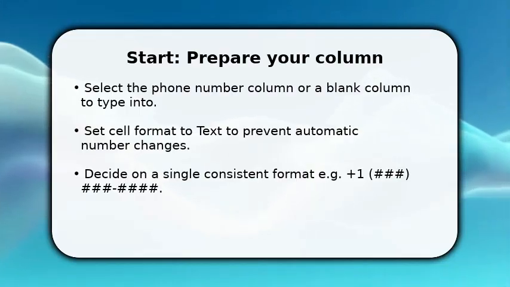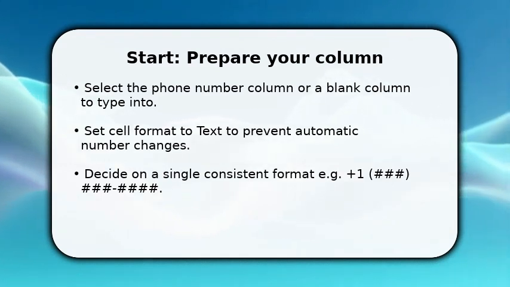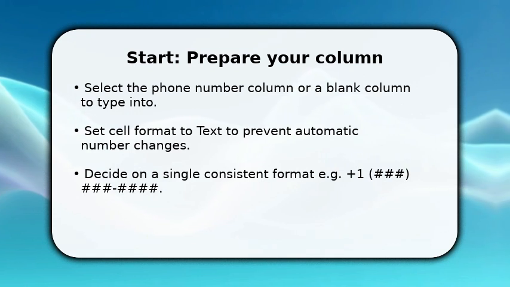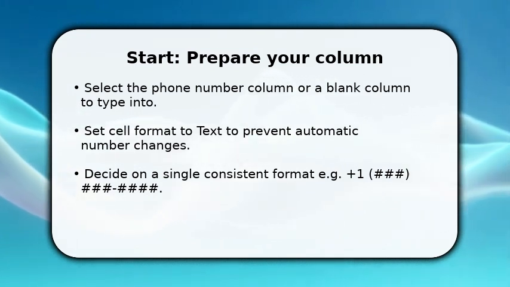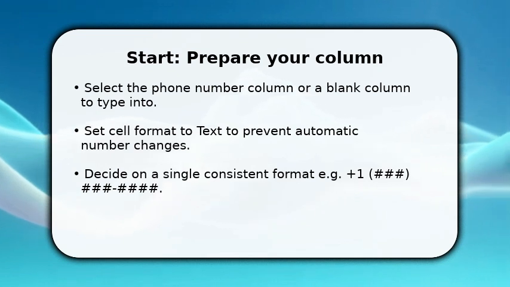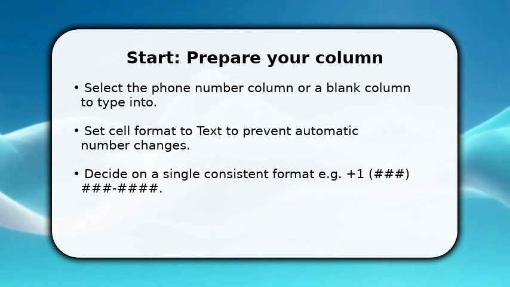You begin by selecting the column where phone numbers will live. This is the first actionable step. Once selected, set the cells to text format so Excel won't drop leading zeros or convert to scientific notation. Make sure you pick a single consistent display pattern now, for example +1,